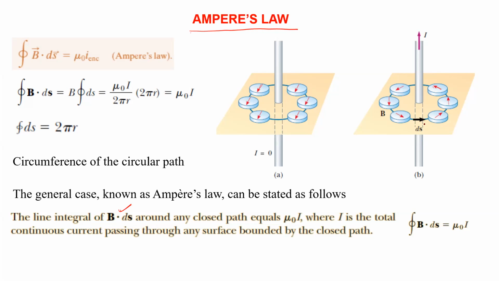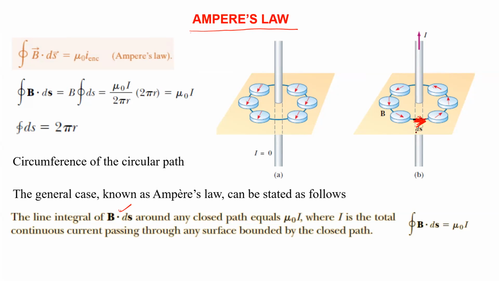If we consider this ds element, then for every ds element the magnetic field is towards the same direction. Due to this conductor, for every ds element this magnetic field is perpendicular to the